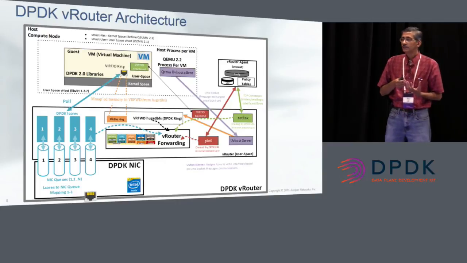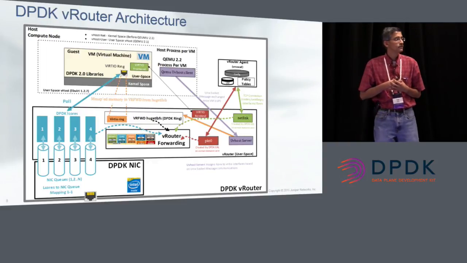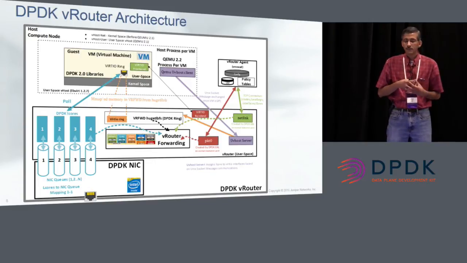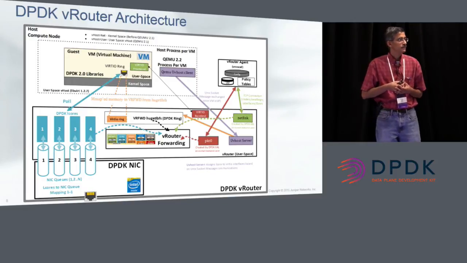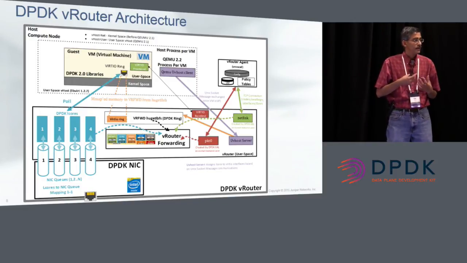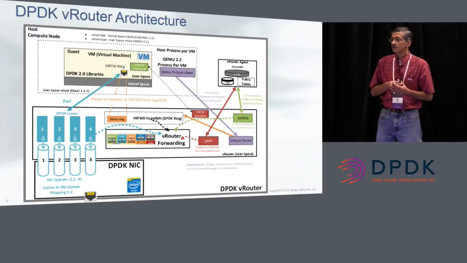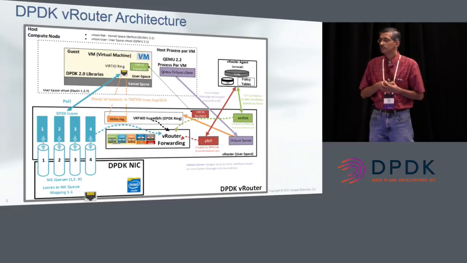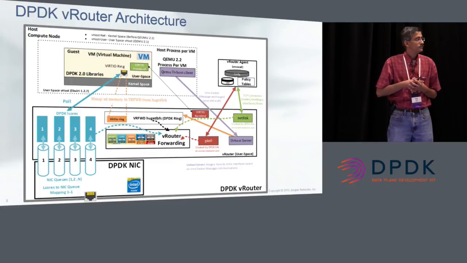You can do that for non-overlay packets if the NIC supports it, but it's not yet available for doing segmentation and receive offload in software. We are actually working on adding that functionality to segment packets, and when packets are received from the wire, to aggregate smaller segments into larger segments. If there is interest, we would like to contribute it to DPDK, to the library. If there's anybody else in the community working on it, we're happy to collaborate with you, and we welcome your comments or feedback.